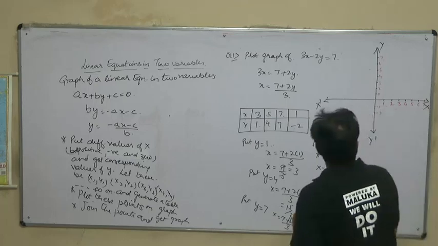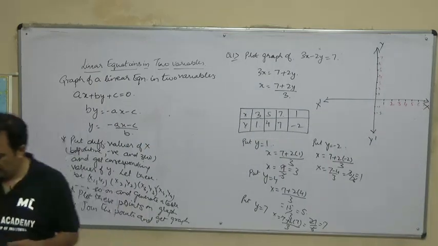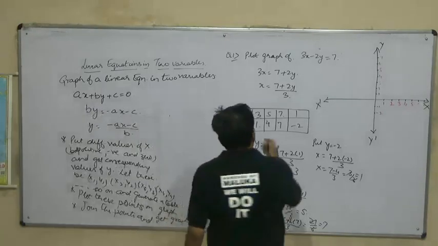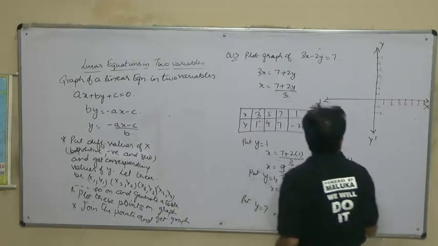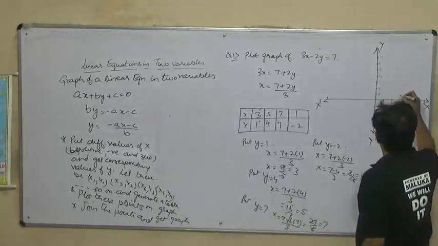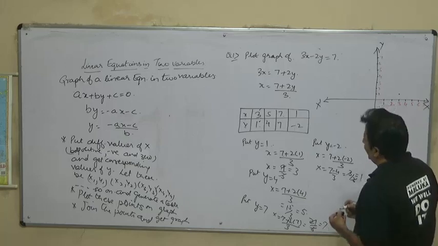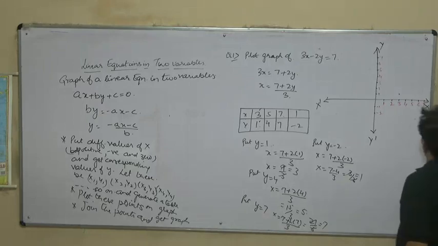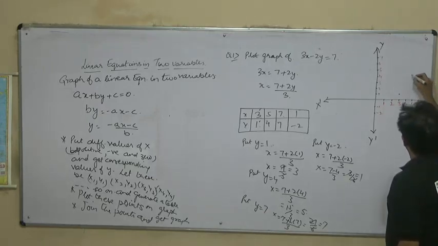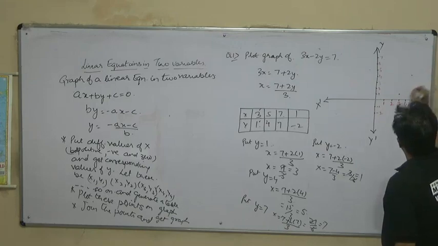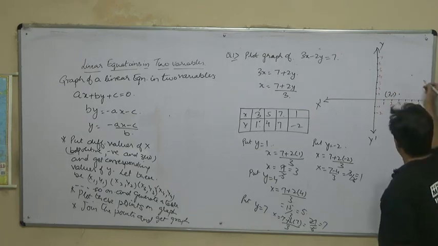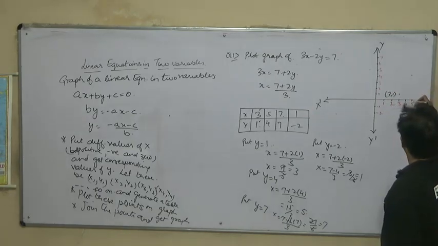So now we will plot the different points onto the line. So what are the different points? First is x is 3 and y is 1. This will be the point. The first point will be this. Then second is x is 5 and y is 4. So this will be your point. So we can write this is 3, 1 and this is 5, 4.